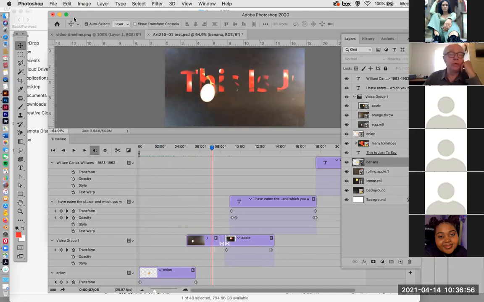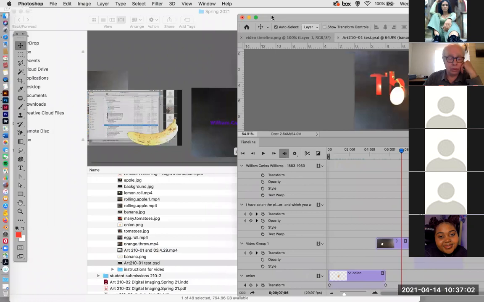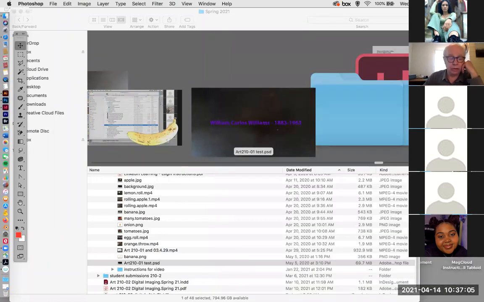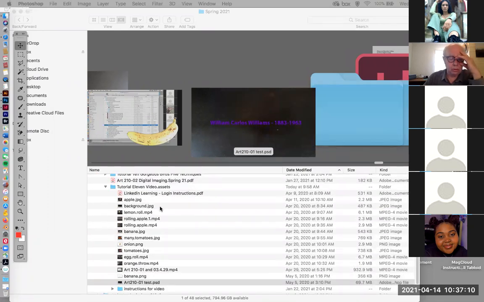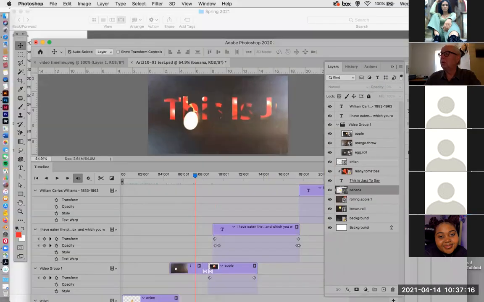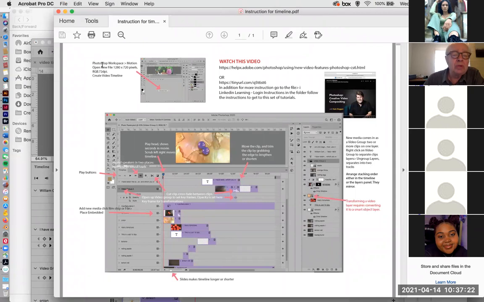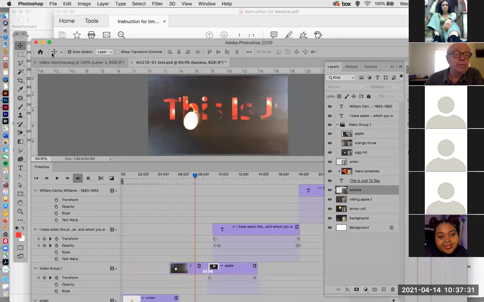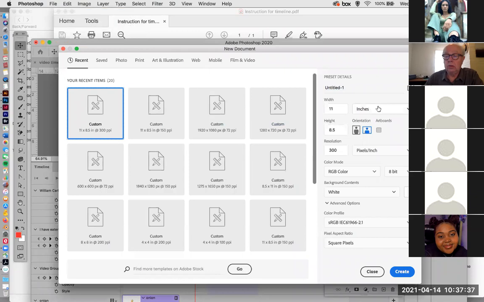So let's go over here and start a new one and just see how. Let me check right here to see what I got. I'm going to go look at my instructions, and Photoshop Workspace, Motion, open new file, 1280 by 720. So I'll do that. New file, pixels,